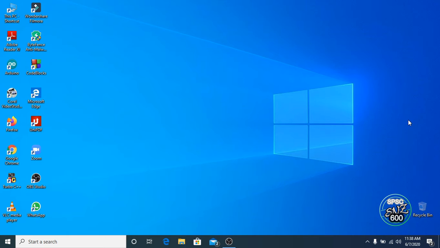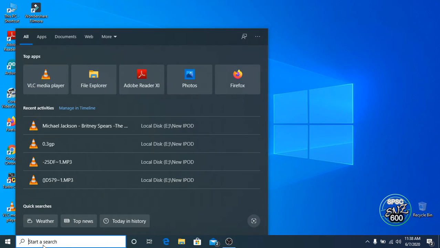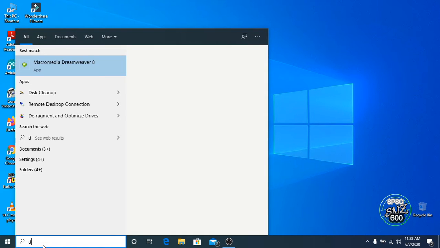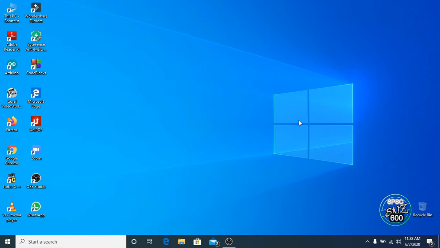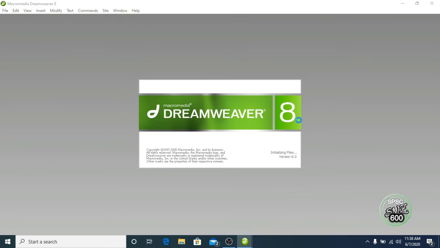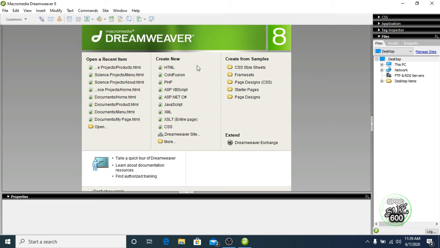So let's start. First of all, you need to download Dreamweaver software. I've already downloaded it and I'm using it to show. That is Macromedia Dreamweaver 8. You have to download this software. Remember, Macromedia Dreamweaver 8. So I'm clicking on this software, and it will open with this page.